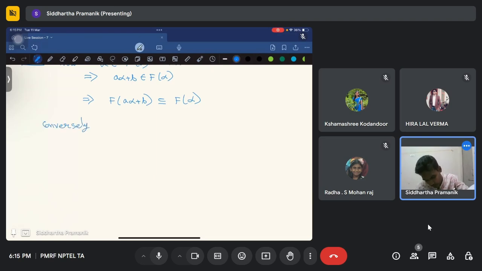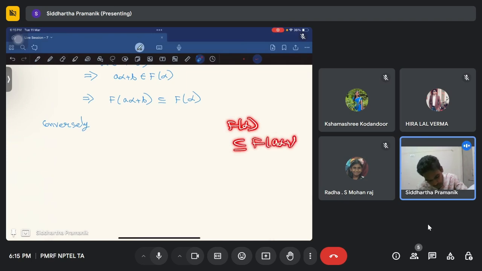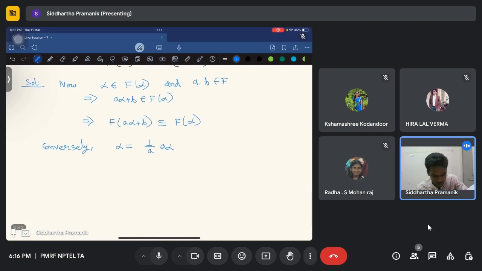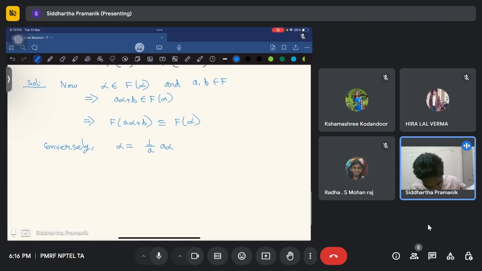Conversely, we need to prove that F(alpha) is a subset of F(A alpha plus B). So we need to use that F(alpha) is the smallest field containing F and alpha. Now alpha can be written as 1 by A times A alpha, because A is not equal to 0, so we can multiply it with the inverse of A, which is 1 by A,